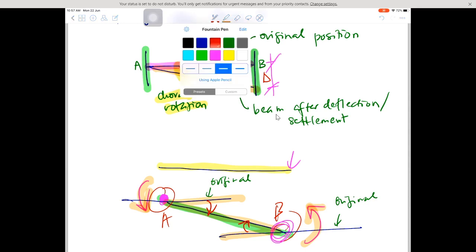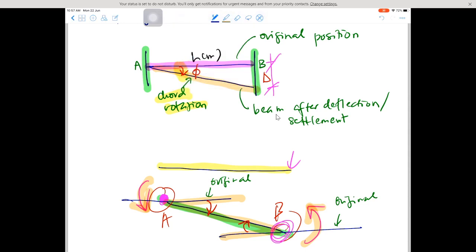So, I can conclude that for the sign of fixed end moment, due to the delta or settlement or sidesway, I can conclude that when